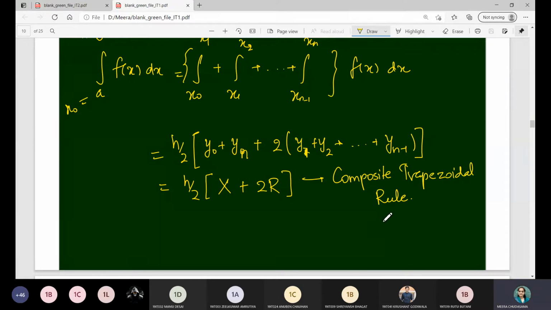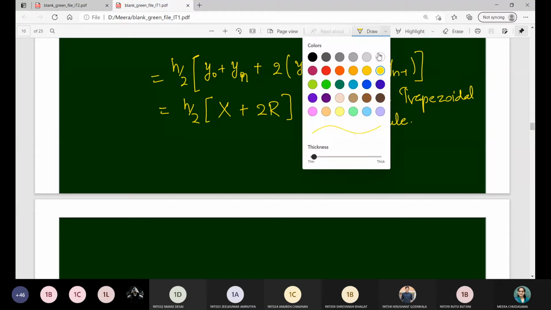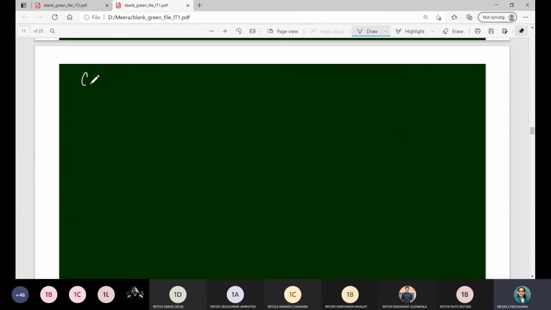Okay. So let us consider now the next case, case 2, that is Simpson's 1/3 rule, in which we will consider n is equal to 2. N is equal to 2 means polynomial f of x will be approximated by quadratic polynomial p2x. Quadratic polynomial means standard form will be ax square plus bx plus c, where a has to be not equal to 0, a, b, c all are real numbers, right?